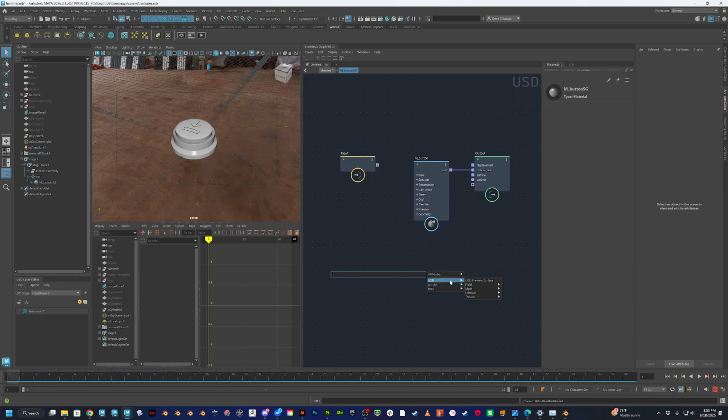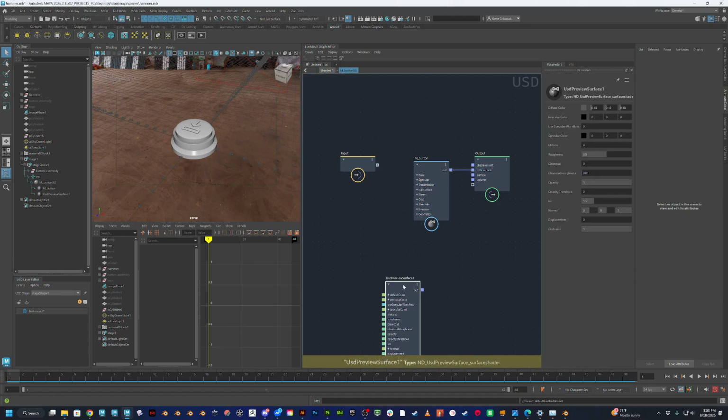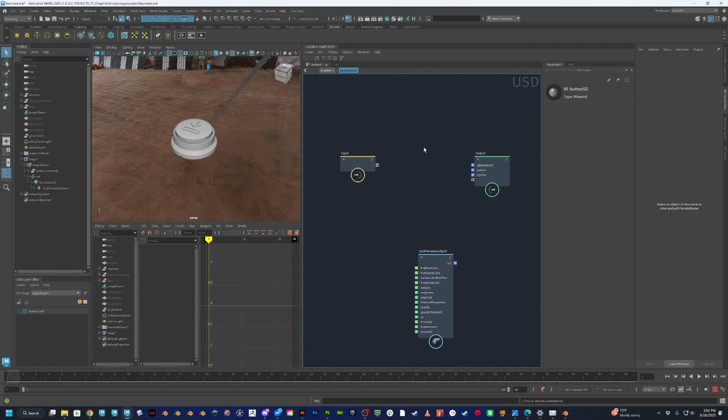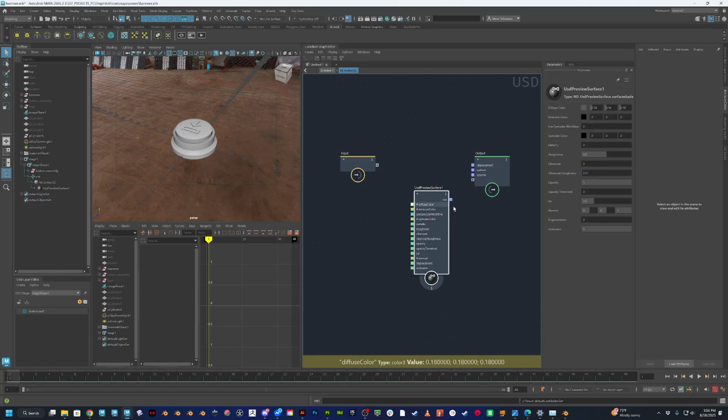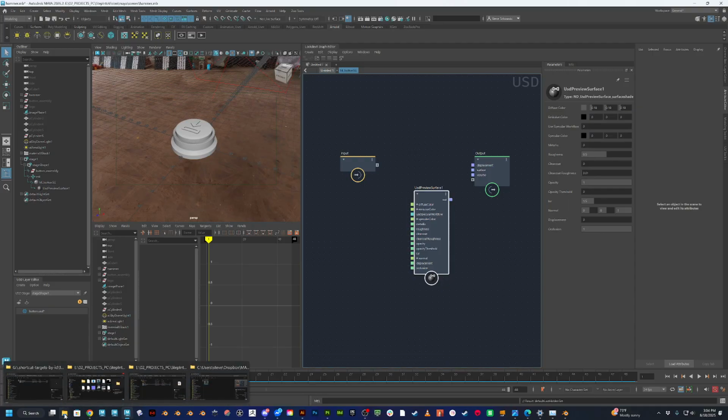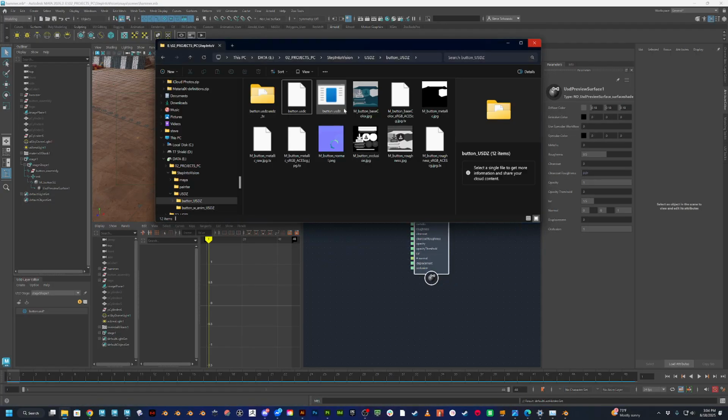Actually, if I type in USD preview surface, I see there's this. Okay, there's MaterialX and USD. So I guess I'll try this one, MaterialX. Okay, so that's the new one. That's the one I want to use. So right now we're just going to blow away this. We don't need that. And what I'm going to do is call up my folder with these are the 5